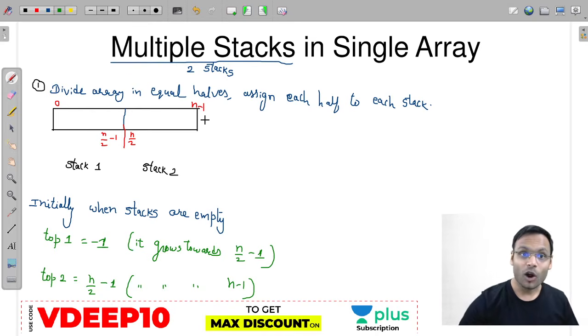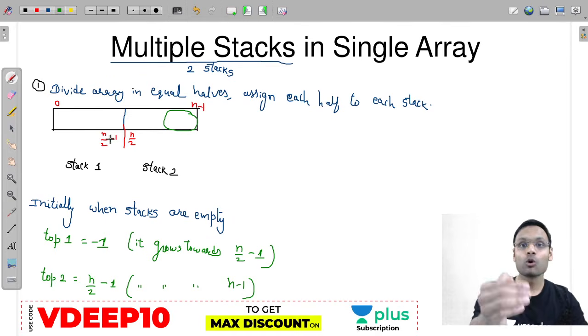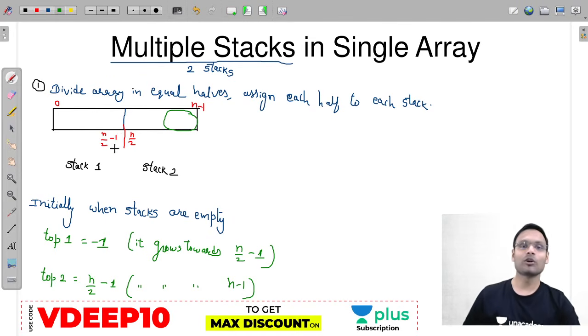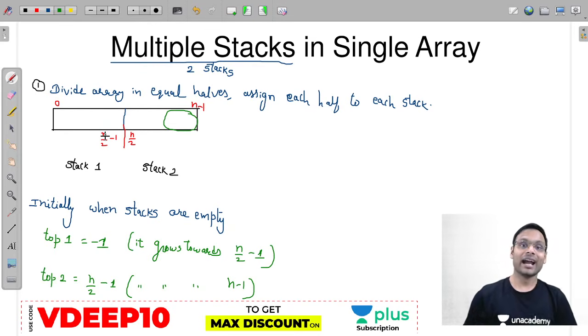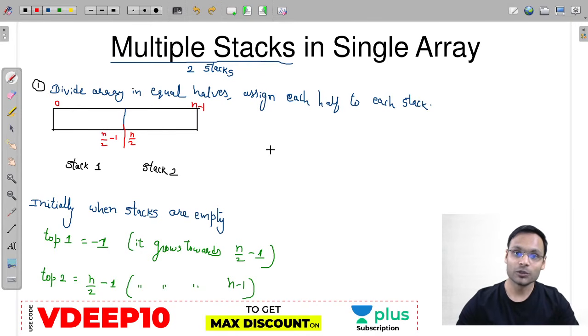Okay, okay. So what happens? Suppose stack 1 is full. Stack 2 is having only few elements. Remaining this particular portion is free. You can see this particular portion. Suppose this particular portion is free. Stack 2 is not full. Stack 1 needed more space. Not at all possible, just because stack 1 is limited to its assigned size, and hence I can say here this particular solution does not use